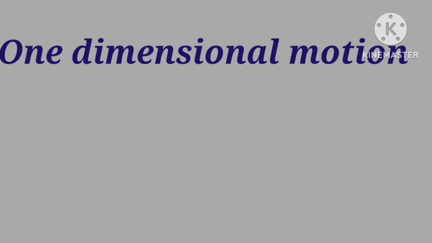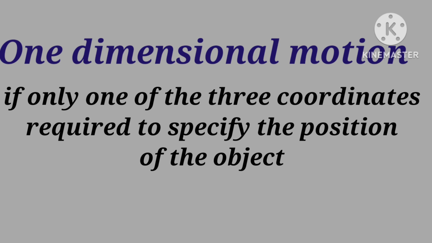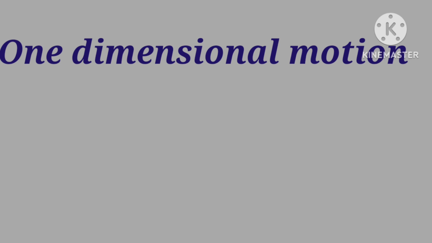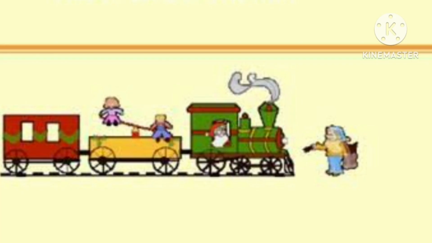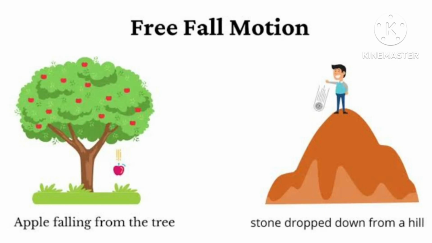Now let's see what is one-dimensional motion. If only one of the three coordinates is required to specify the position of the object in space with respect to time, then that motion is called one-dimensional motion. In such a motion, the object moves along a straight line. For example, motion of a train along a straight line, a man walking on a road, and any object falling